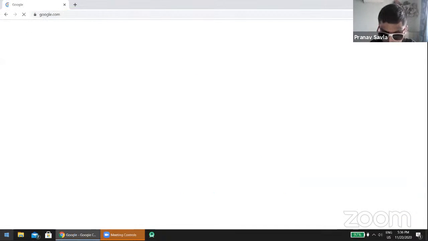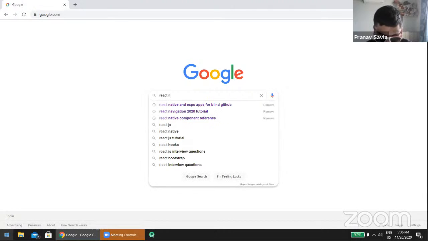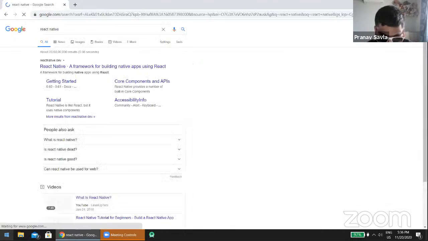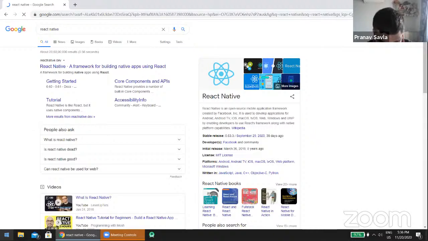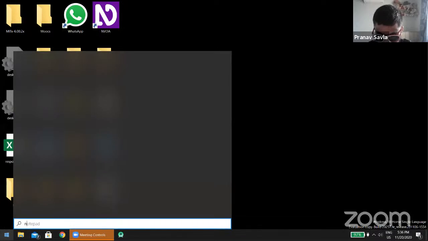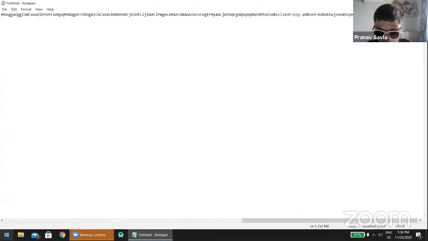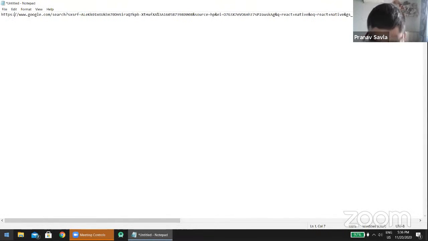I'm going to go to Google. Hopefully, Google loads. Okay, Google does load. Say I want to type React Native into Google, and I click enter. It's going to search. Come on, there we go. All right, now I'm going to copy that URL. Let's open up something like Notepad, and let's look at this URL. So it says